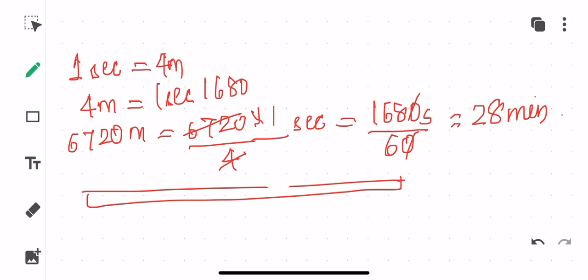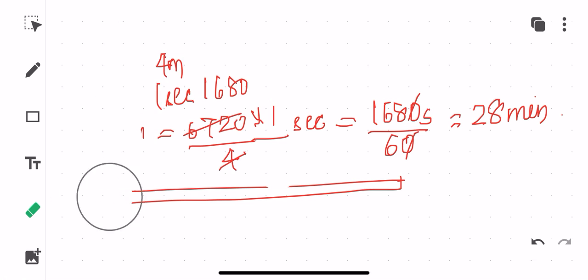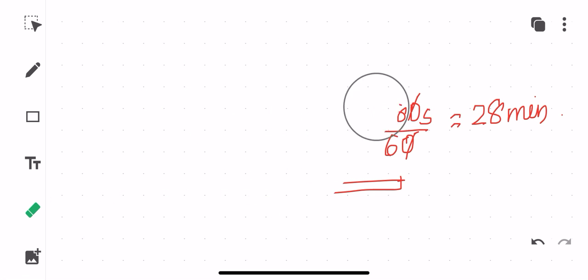So question number 11 says what, children? That the water flows at 9 km per hour through a cylindrical pipe of cross section 25 centimeter square. Okay, and then if this water is collected into a rectangular cistern, they have given that this time it is a rectangular cistern of dimension 7.5 by 5 into 4. Calculate the rise in level of the cistern in 1 hour and 15 minutes.